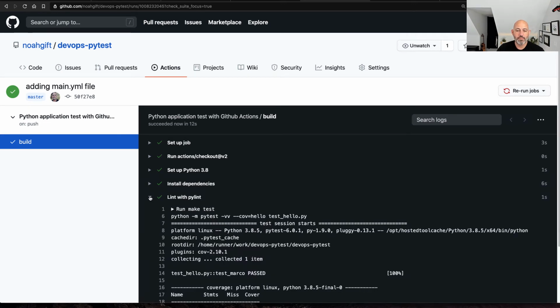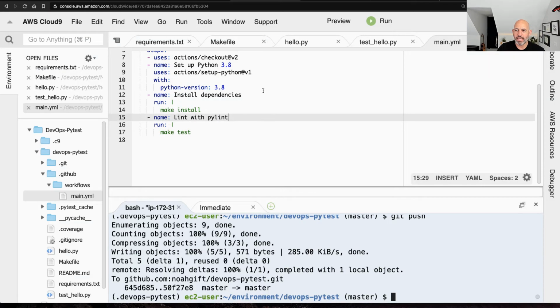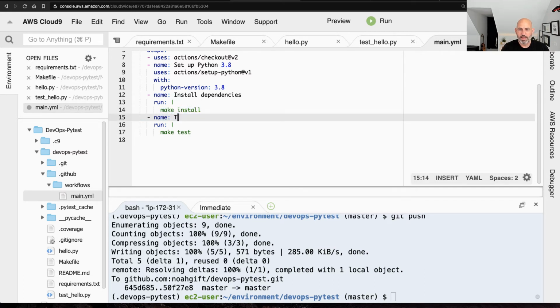It then actually ran PyTest, not PyLint. So I can just fix it so the names are the same. You can see I said lint with PyLint. I'm going to say test with PyTest. There we go. And this doesn't change anything. It's just the description. Test with PyTest. There we go. How do you spell PyTest? PyTest like this? Or no, I think it's like PyTest. There we go. I'll go through here and make that change, git status,